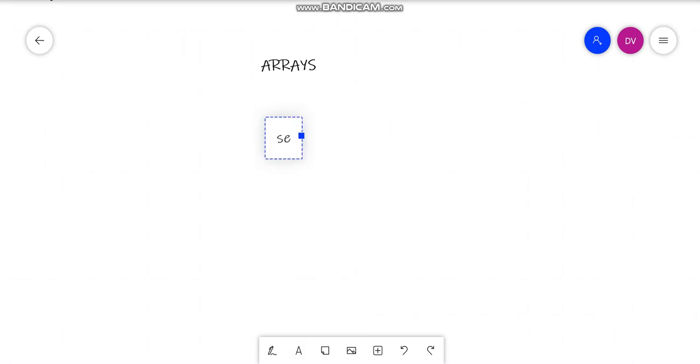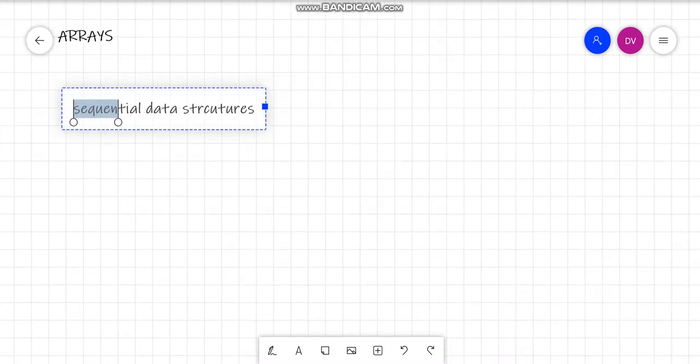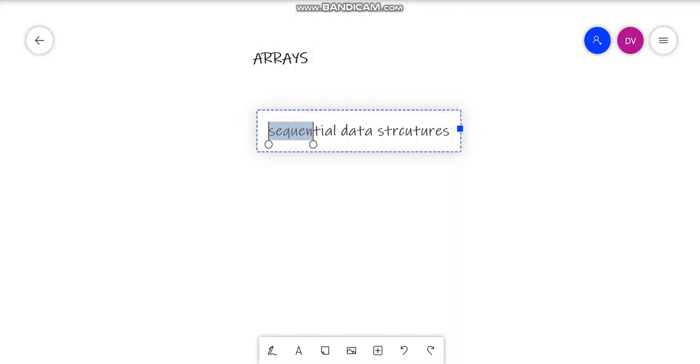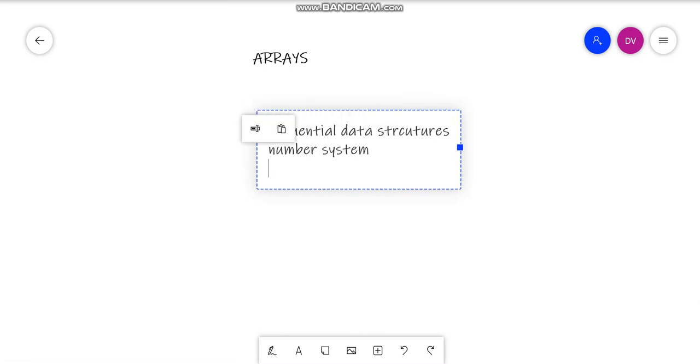As I told you, they are sequential data structures, and sequential means they are in a specified order. Suppose there is an index of a chapter in maths, so the first chapter will contain number system, then it will contain all the other chapters, like data handling.